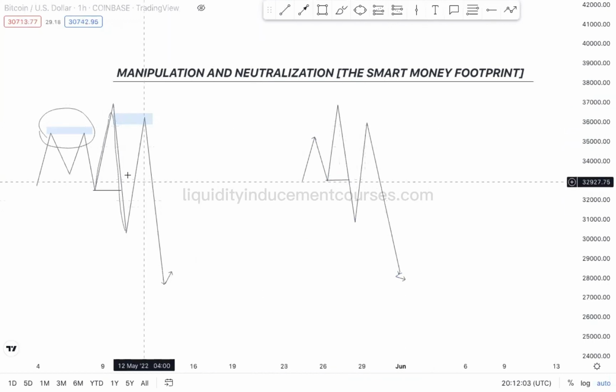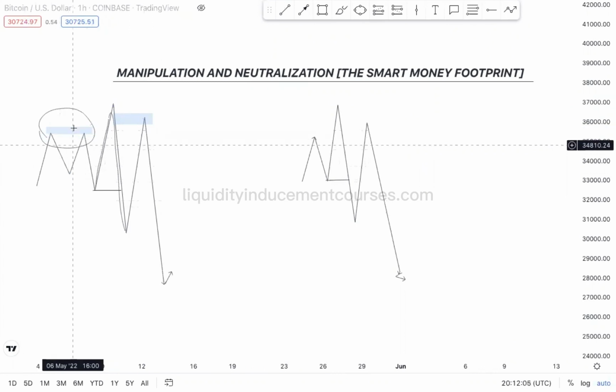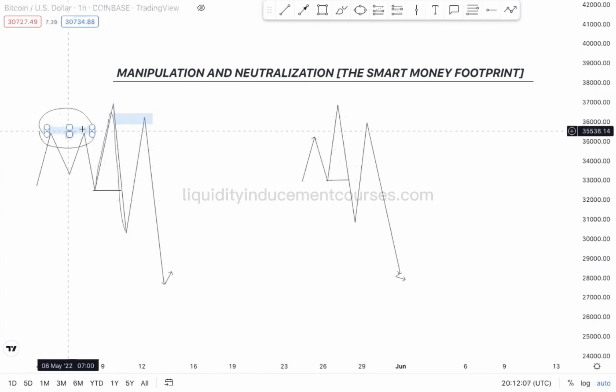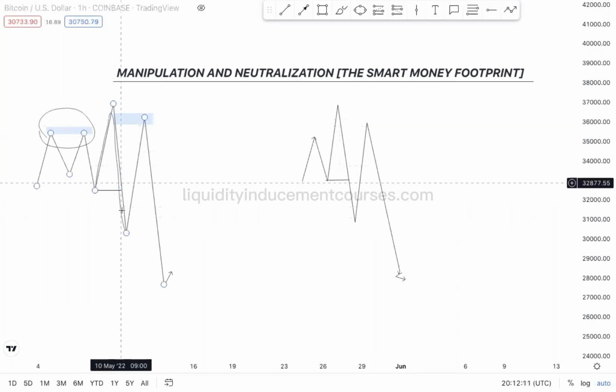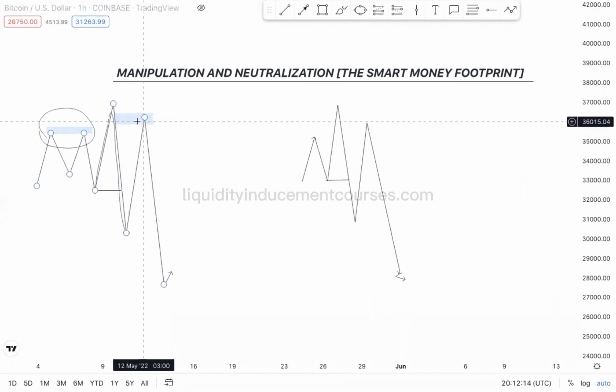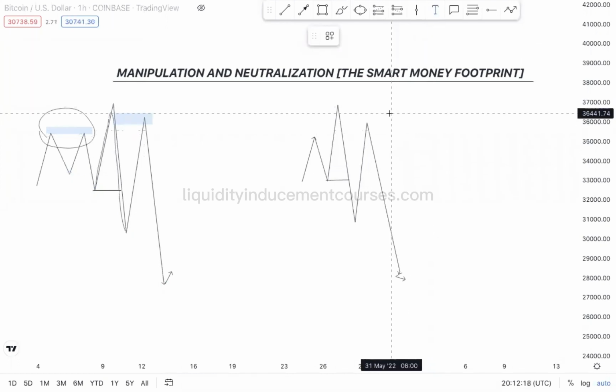So what they do here is that they induce you with the double top or double bottom formation, right? That is the manipulation. And then they neutralize it when they actually change character and then come back here to mitigate. Now, this concept in most SMC sessions, you see it called,